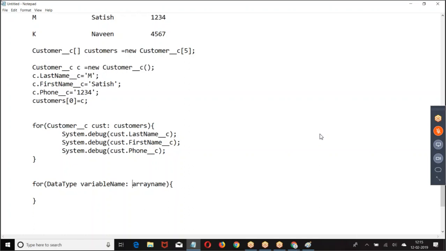Okay, sir. One more doubt, sir. For loop customer underscore array, you mentioned CUST. Upper class, you mentioned C only. See, this is one variable, boss. This is another variable. I cannot have 2 variables with the same name, right? This is one particular customer record. One record I created, kept in an array. Then here I am creating another variable to refer to one by one element. Okay, sir.